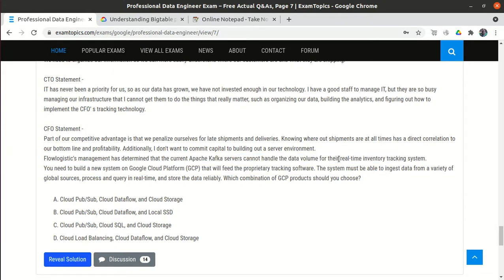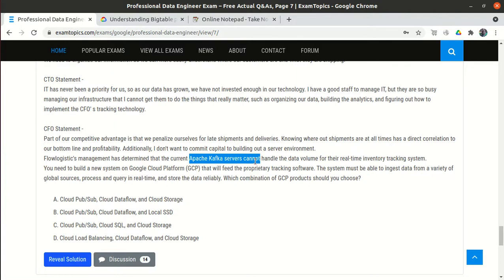So they want to use some real-time inventory system, right? If they want real time, we will need to use some streaming data, right? And for the streaming data we will use Pub/Sub for the real time. And they want to use Apache Kafka. They want to migrate the Apache Kafka server. So if they want to migrate the Apache Kafka server, we can use Cloud Dataproc.